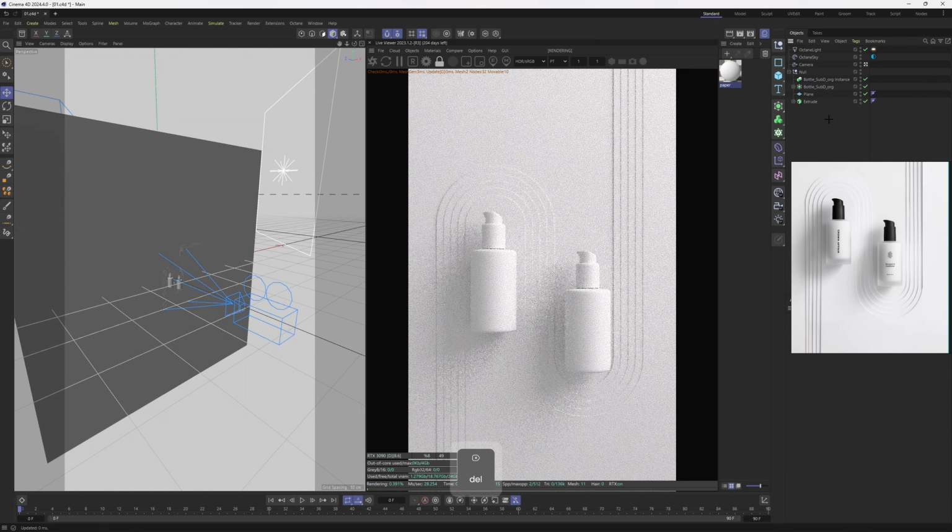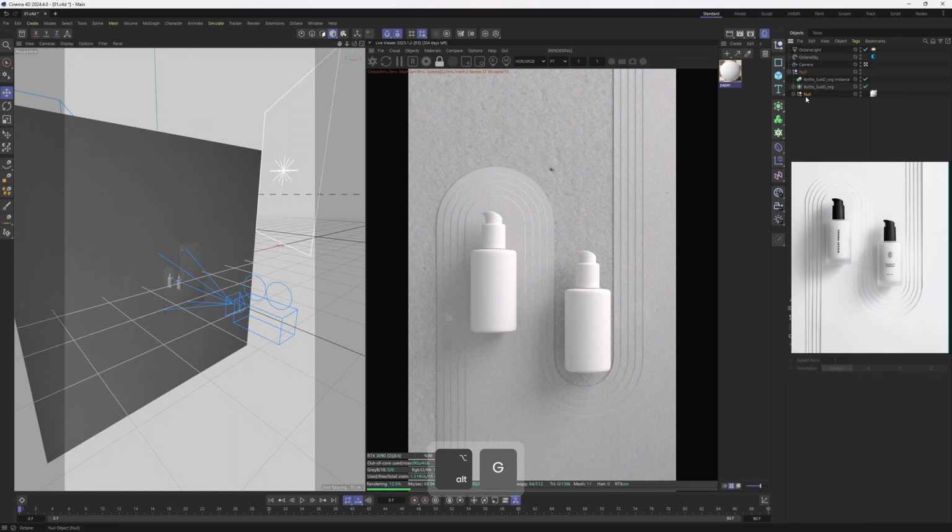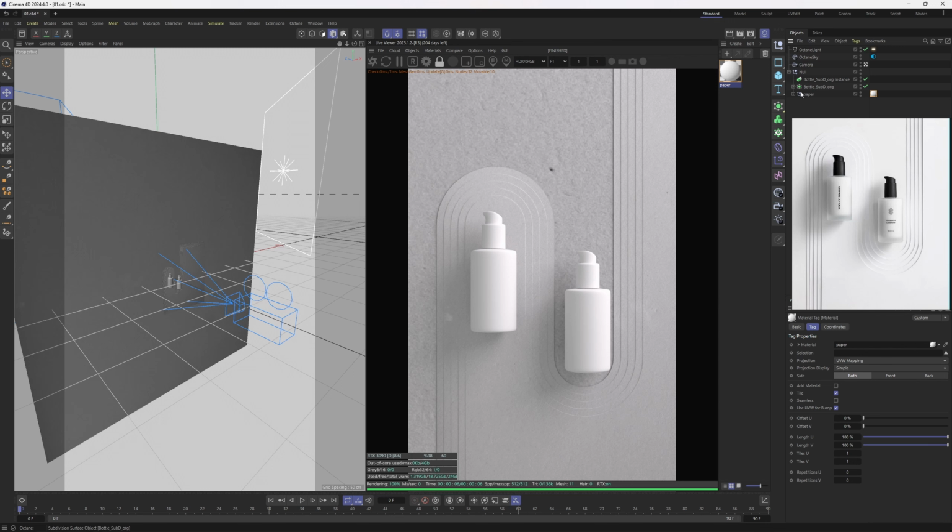So I will delete these materials and group these, Alt G. Then I will assign this material to the null. I can call this paper. As you can tell, nothing has changed because this material is trying to project this texture onto the current UVs of the objects below. So to get rid of the UVs, I will select my material and set this to